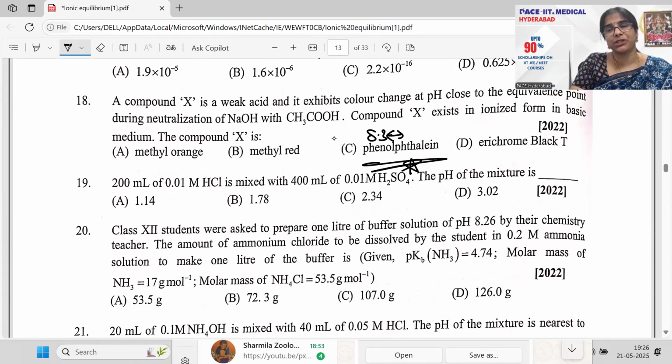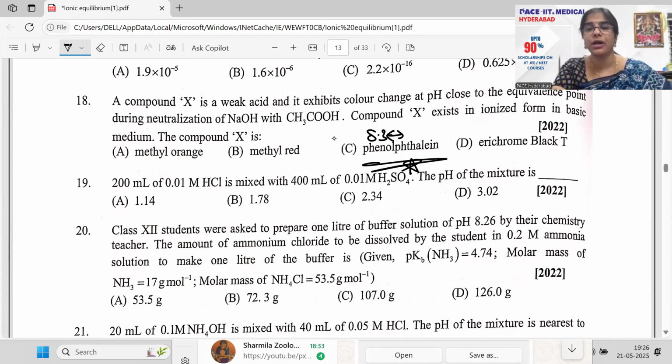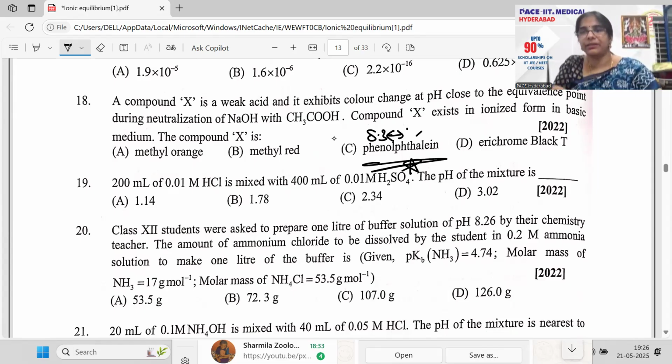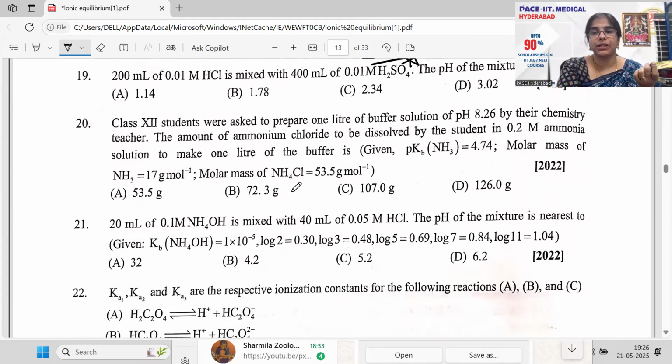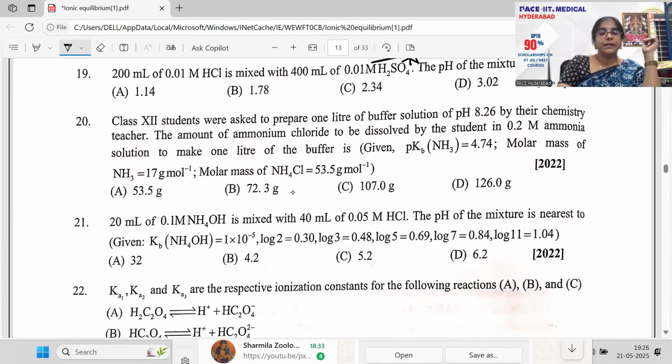I'm just giving you the information. You don't need to remember these numbers here for sure. It is 8.3, somewhere 8.3 to 10.5, बचा. 8.3 to 10.5. This is where you can generally see this color here. Okay, that will exhibit that. So phenolphthalein is your answer. So basic medium पूछते ही, you can go with your phenolphthalein there. Okay, next, finally, two more last to go.